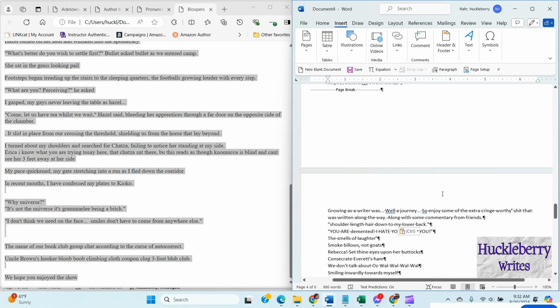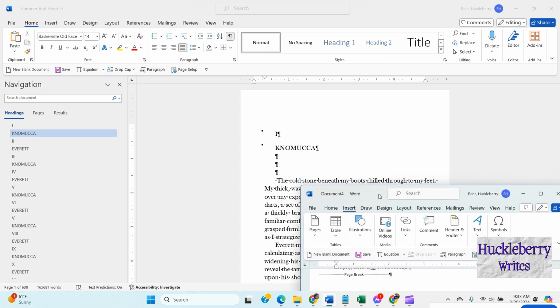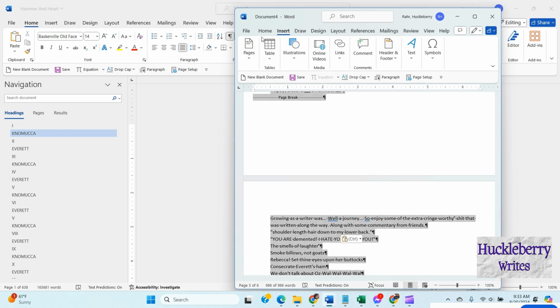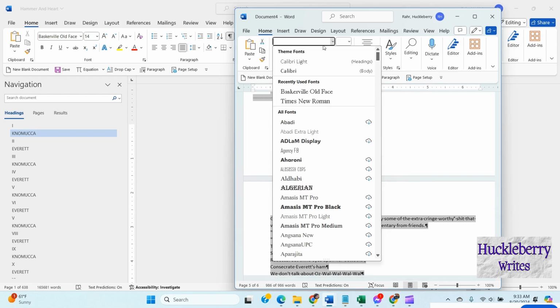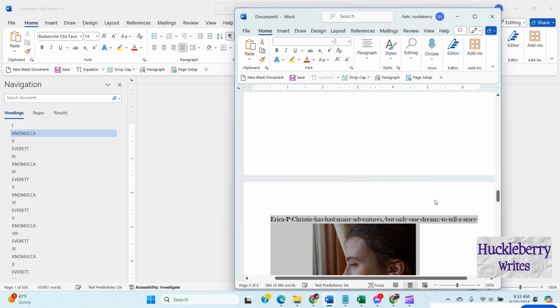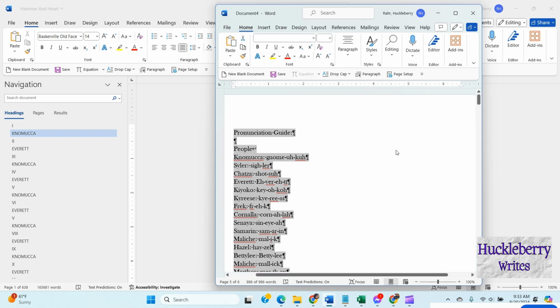Now, if you saw my video on making this book here, I made everything this Baskerville Old Face, 14 point, and all of that. So that's what I'm going to do next over here. I'm going to just select all. I'm going to get the same font. I'm going to get the same size. And then we're going to come right up to the top. So for the pronunciation guide, for this first part,